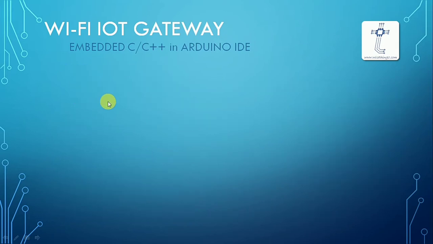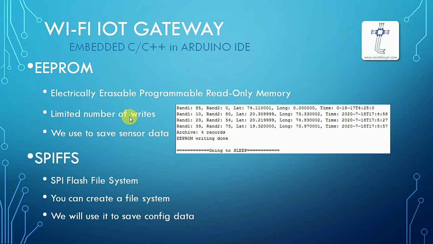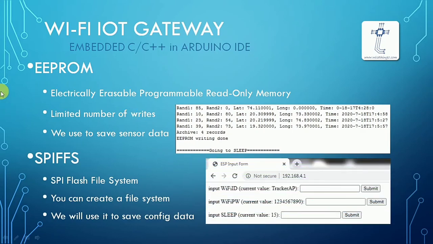As you know, in ESP8266 or ESP32 there are two ways of storing data. One is EEPROM, another is SPIFFS. For their details and their pros and cons, please refer to the online materials. Practically, we will use them both. Today we will save our sensor data in EEPROM memory as if in a database table, and in a later episode we will be using SPIFFS to store our configuration data in the device.